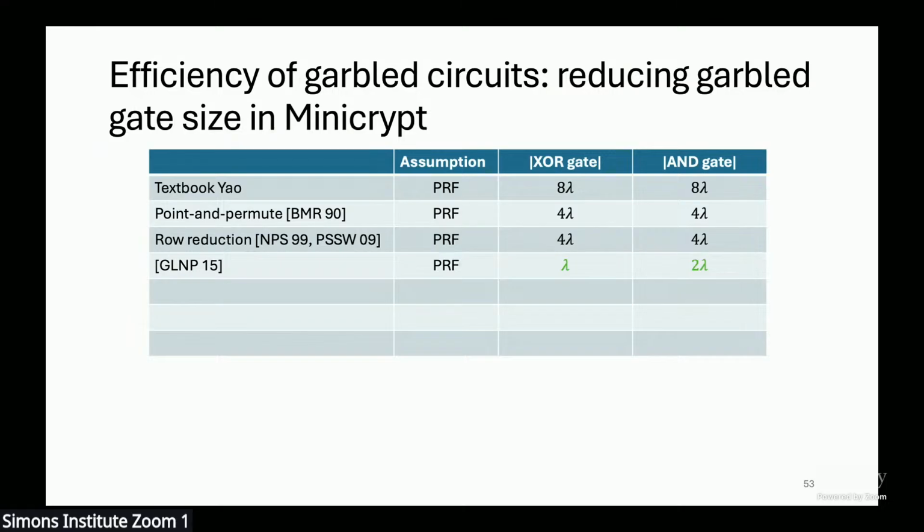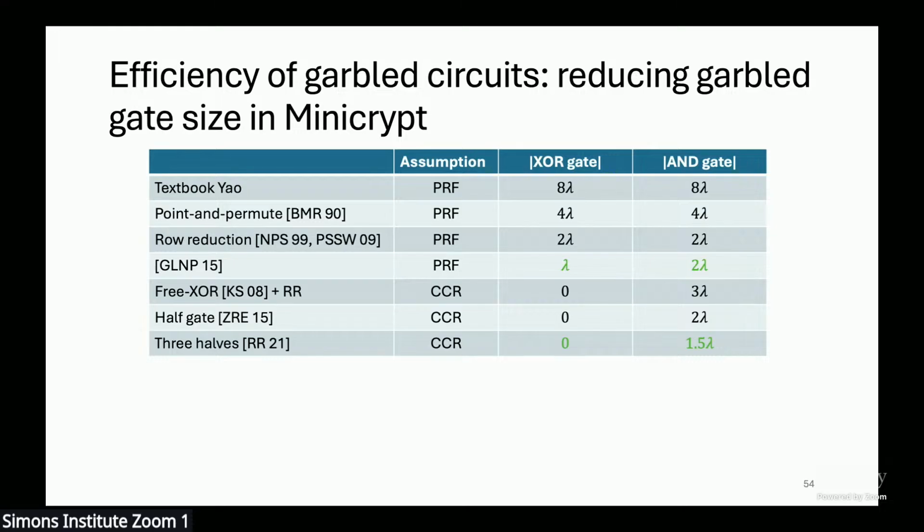And then other optimizations like row reduction, and another paper from 2015, which can get down to the best known result of lambda bits to garble an XOR gate and 2 lambda bits to garble an AND gate using only a pseudo-random function. If you allow stronger assumptions, what's called a circular correlation robust hash, which is basically a special kind of hash function that can be easily realized by a random oracle or an ideal cipher,